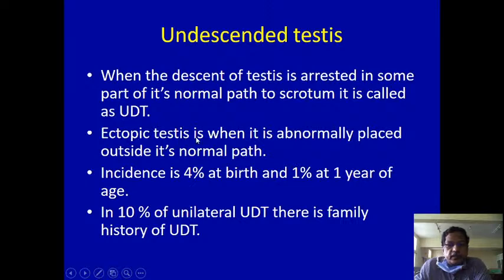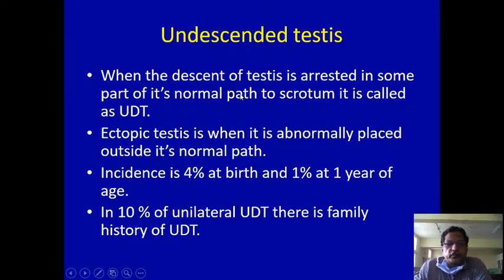So ectopic testis is when it is abnormally placed outside its normal path. So there are two different conditions, undescended testis and ectopic testis. Ectopic testis is very, very rare. Undescended testis is 4% at birth, but many of these undescended testes which we noticed at birth may reach the bottom